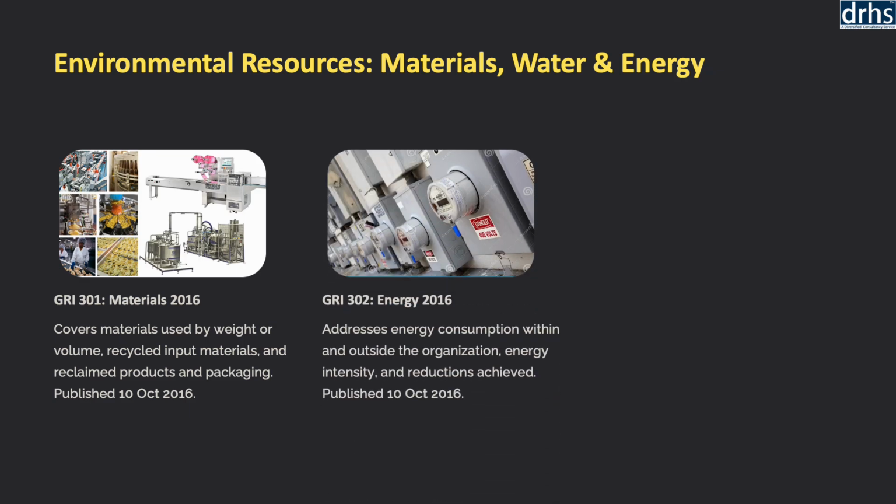GRI 302, Energy, 2016, addresses energy consumption both within and beyond organizational boundaries, focusing on efficiency improvements and reductions achieved. It reflects the growing imperative for organizations to decarbonize operations, enhance energy productivity, and integrate renewable energy solutions into